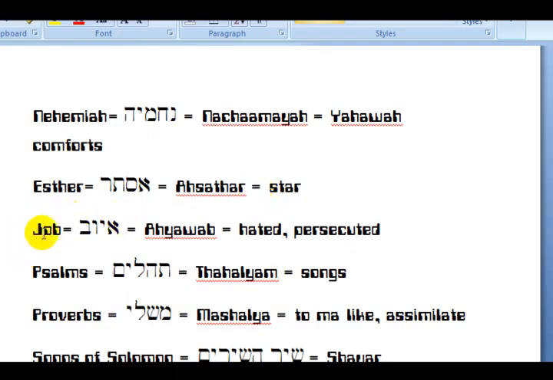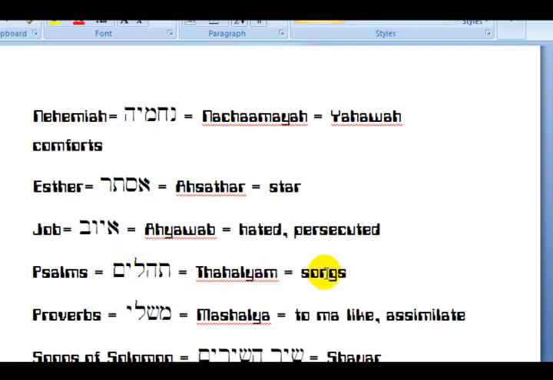Alright, the next book is Job, Ayawab. Now Ayawab is hated or persecuted. And you know what happened to Job during that time? He was hated and he was persecuted. The Most High persecuted him just to test him. All right. The next one is the book of Psalms,